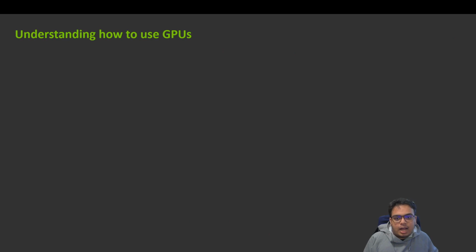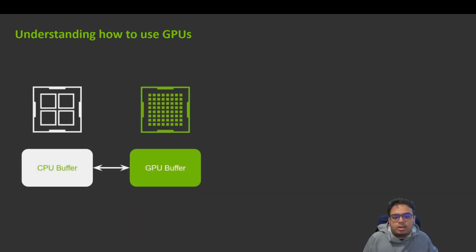Before we dive deeper, I want to talk about two key concepts, GPU memory and CUDA streams. A GPU has a certain amount of memory on board. This memory is used by the GPU similar to how a CPU uses a system's RAM. GPUs can communicate much quicker with this memory than they can communicate with the RAM. So to process any data, we need to move the data from the CPU memory to the GPU memory.